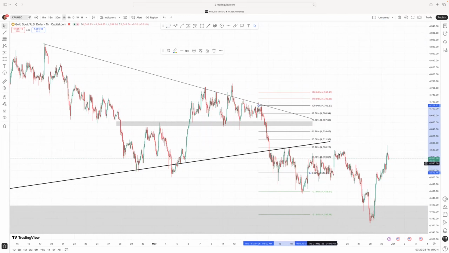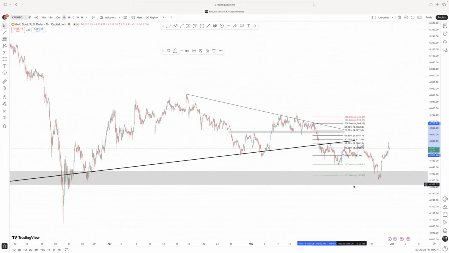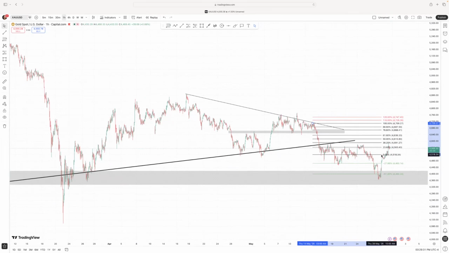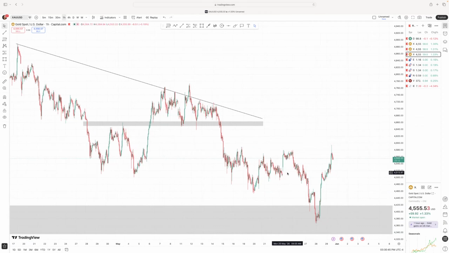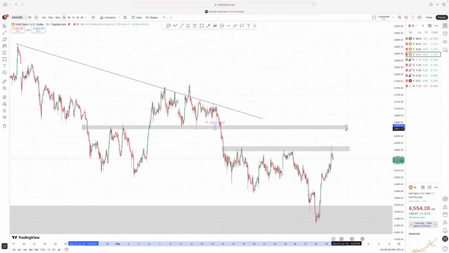Now we had another drop deeper into this zone. So that came into our gray zone. I didn't take this final drop down here. And now we're kind of pushing up again. I'm going to hide this for a second. And we're going to put some zones in this area because I see like a resistance level where we are right now. So for the next move, I will look for a buying opportunity if we get a break and retest above